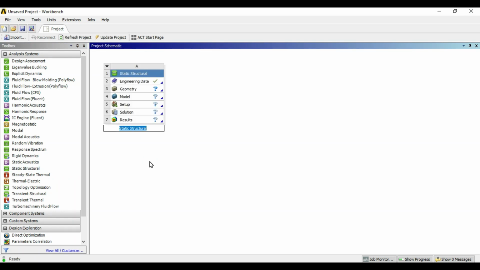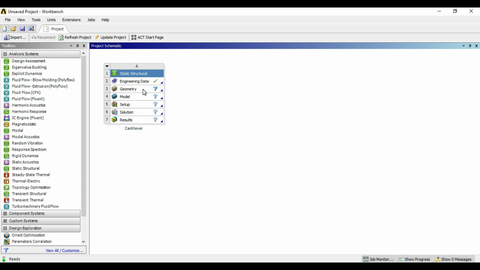Give the tutorial name as cantilever. Then you will find a number of cells in this analysis system: engineering data, geometry, model, setup, solution, and results. We have to fulfill the input requirements of each cell one by one. We are going to consider the default material, that is structural steel, in the engineering data.